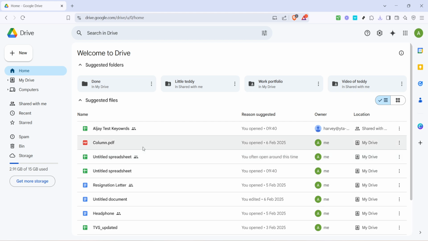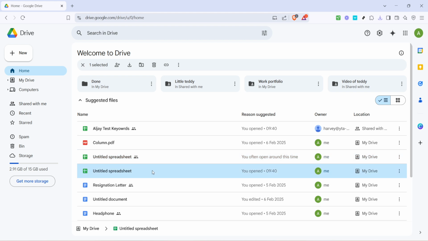Now let's move on to the actual copying action. On your keyboard, press and hold the Control key if you're using a Windows PC or Command if you're on a Mac, and then press the C key. This combination is a universal shortcut for copying files, and you'll find it incredibly handy, not just here but in many other applications as well. This action copies your selected file onto the clipboard, a temporary storage area where your computer holds data that you've copied.